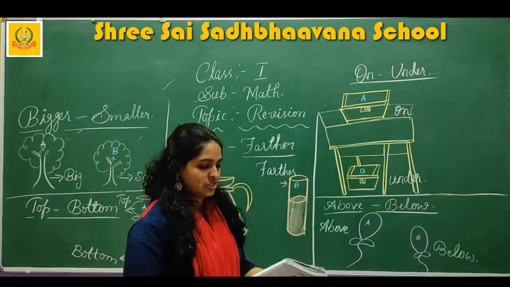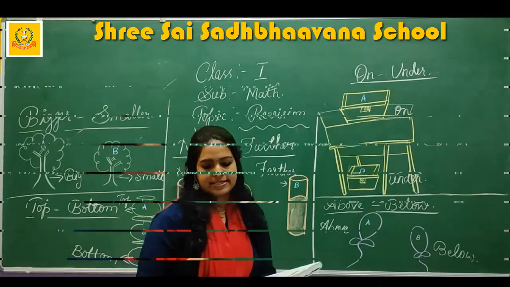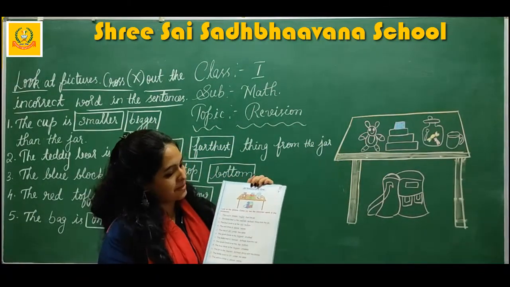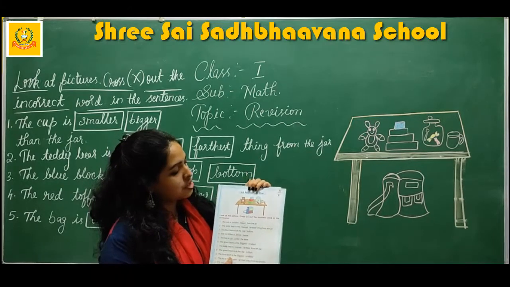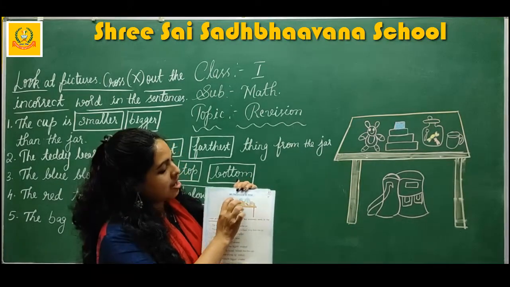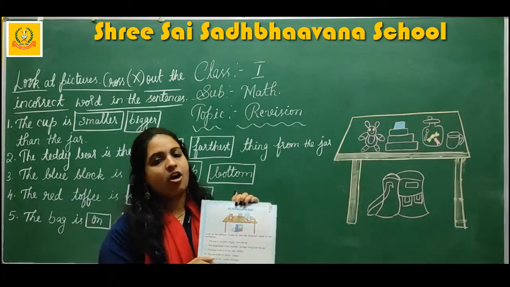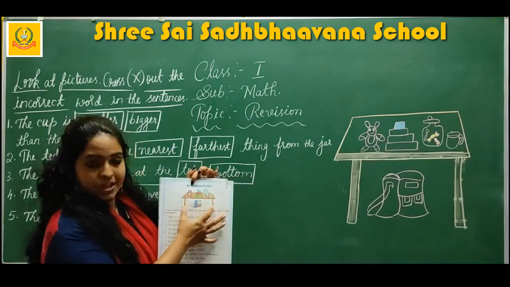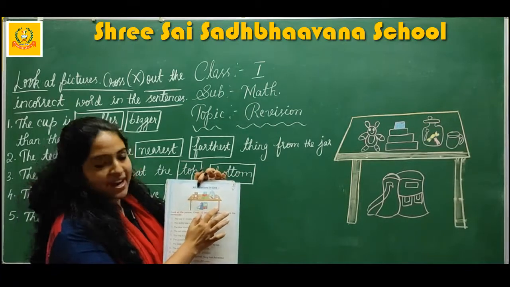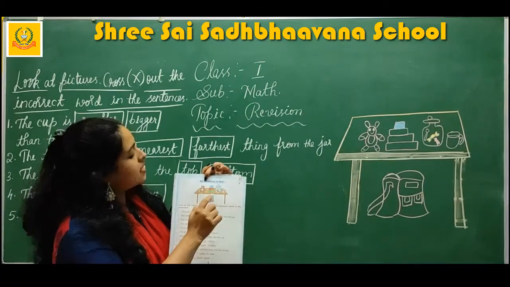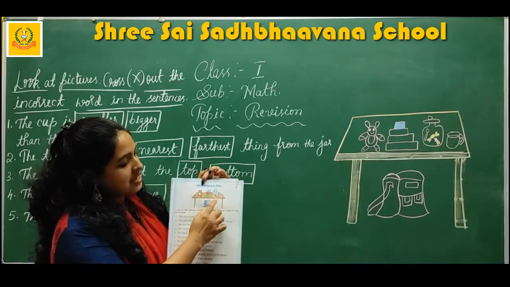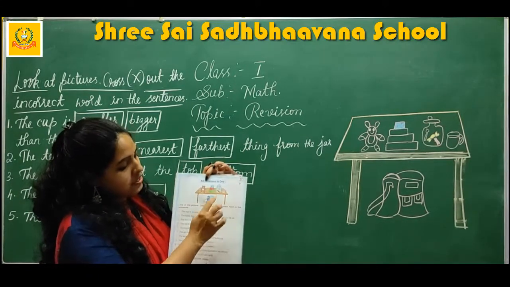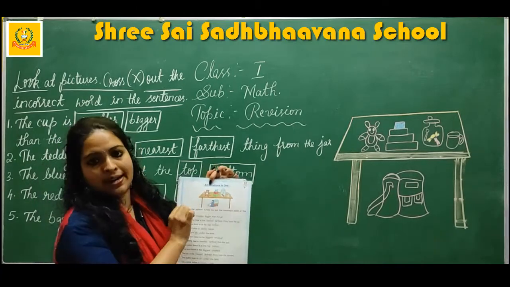I hope you understood, children. Okay? Yes. Open page number 11 in your textbook. So here they have given one heading, all relations in one. Can you see one picture here? What all can you find in this picture? Teddy bear, blocks, one jar. Inside the jar you can find chocolates or toffees, cup, bag, and finally one table.